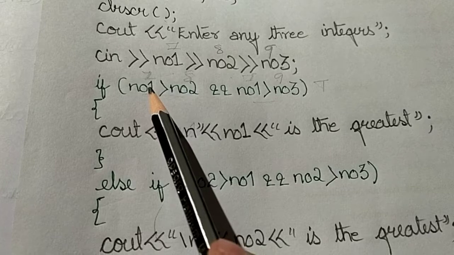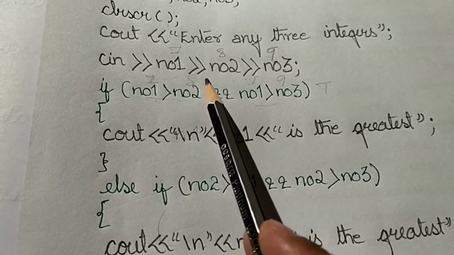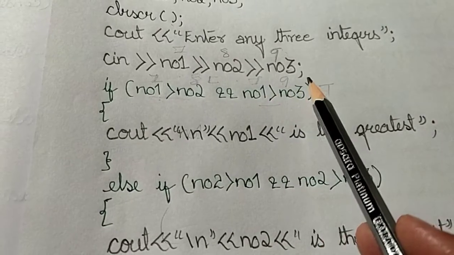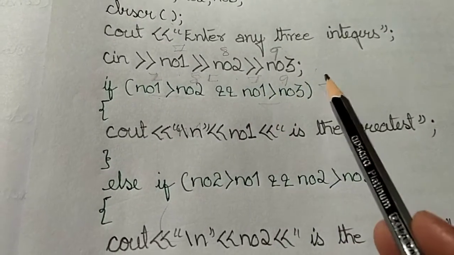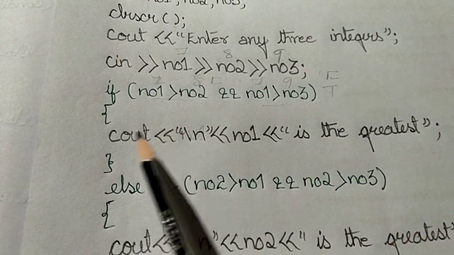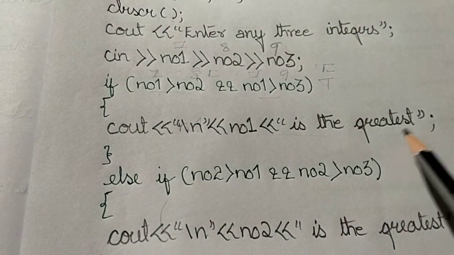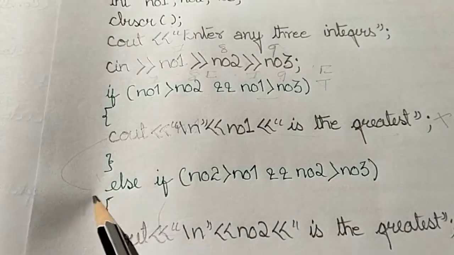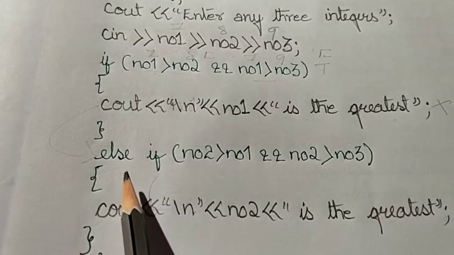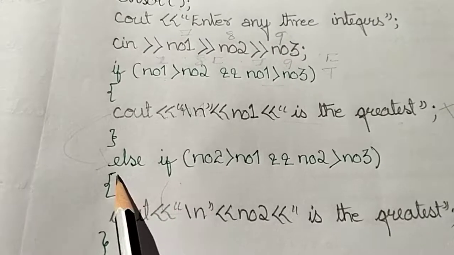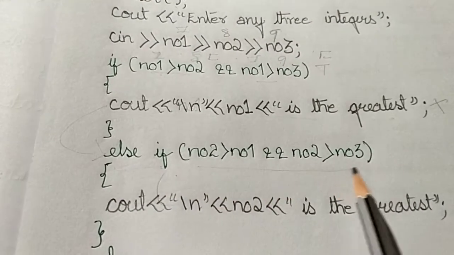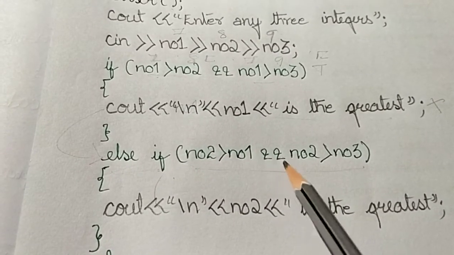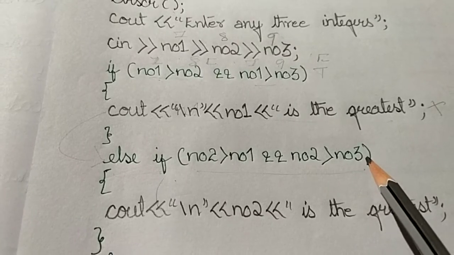But over here you will see 7 is not greater than 8, it becomes false, right? And 7 is not greater than 9, so this condition also becomes false. When it is false, what happens? This statement will not execute, so it will come to the second statement, that is my second else if statement. Again over here you will see I have another condition.